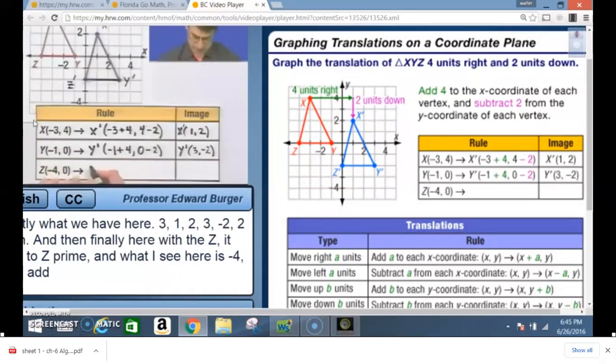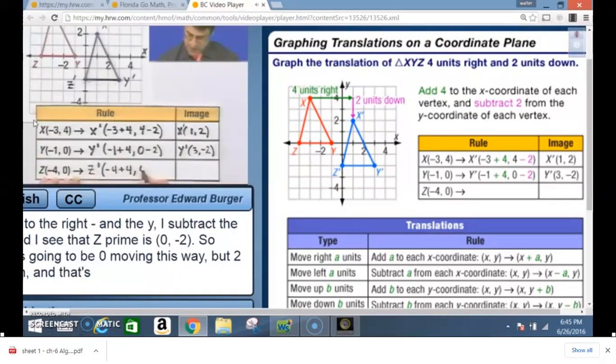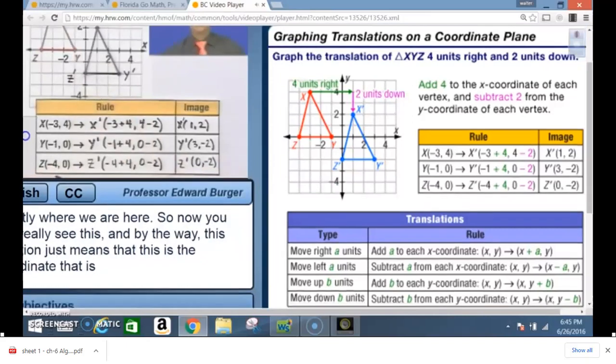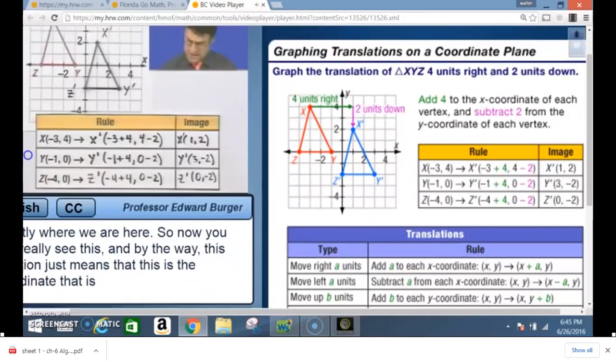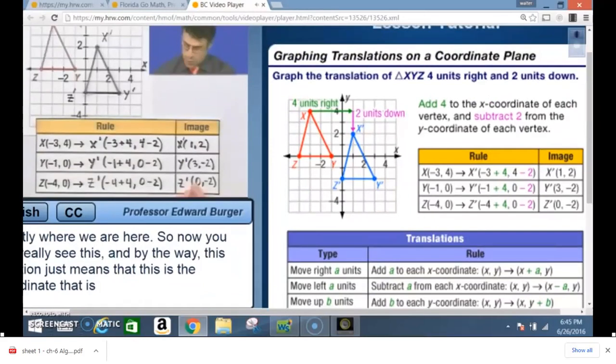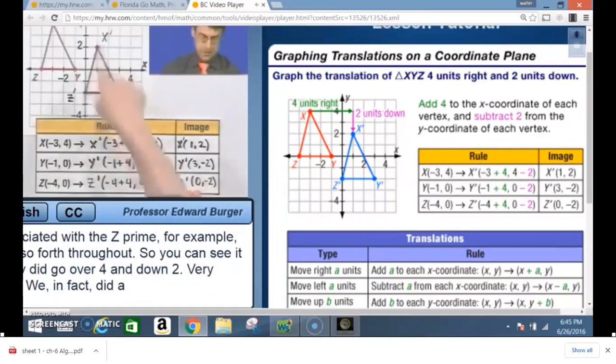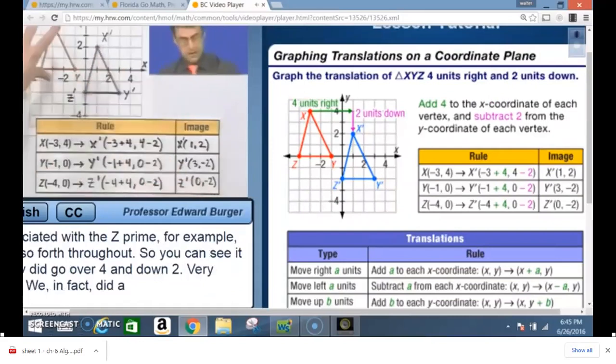The translation, and we can use the rule to translate the figure from one position to the other position. And each 2 corresponding sides should be the same. Each 2 corresponding angles should be the same. The orientation will be the same. Okay? Any